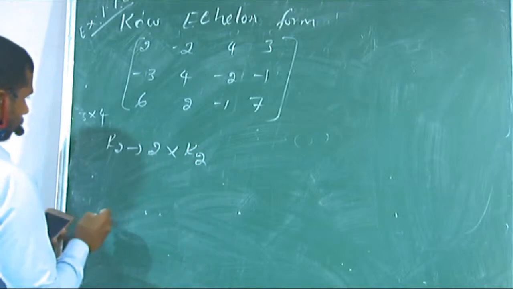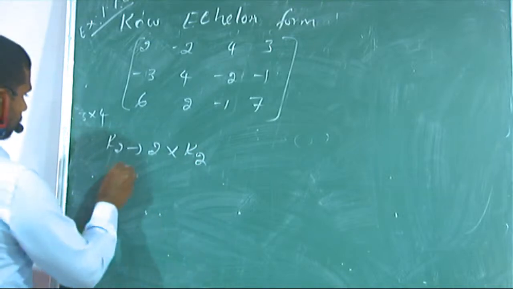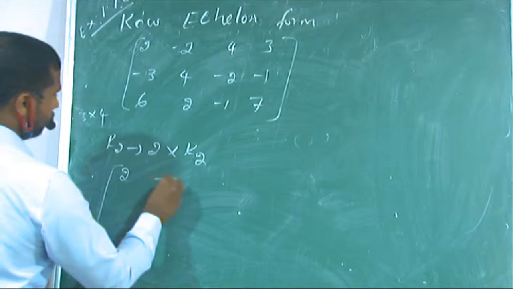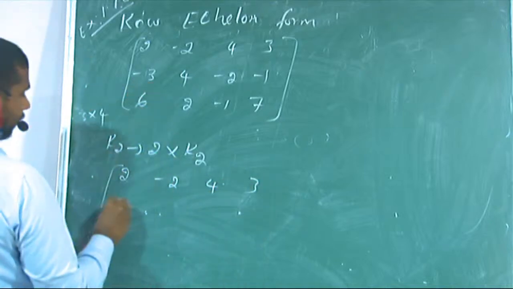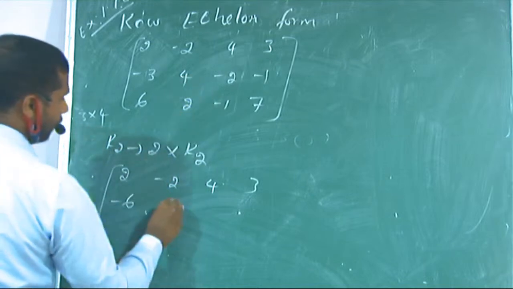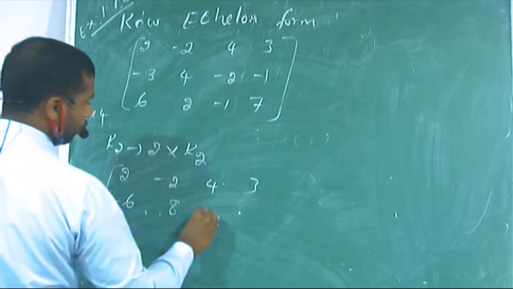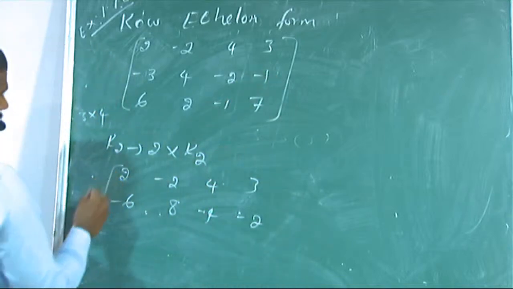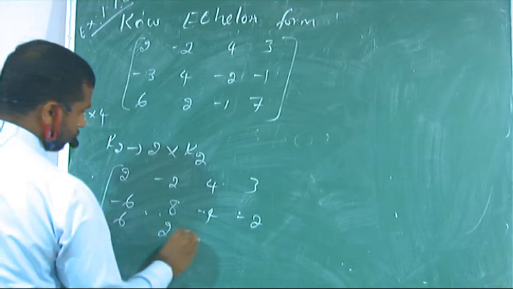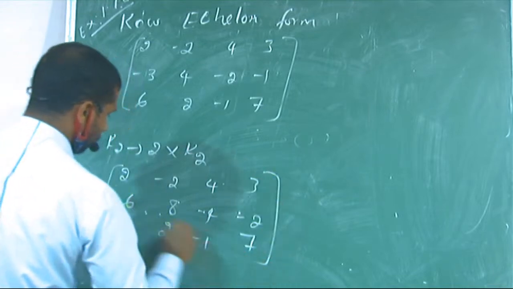So 2 into R2 means what will happen? 2 into R2 means R1 as it is, 2, minus 2, 4, 3. Multiply 2 into minus 3 means minus 6, 4 into 2 means 8, minus 2 into 2 means minus 4, minus 1 into 2 means minus 2. Row 3 as it is. What is row 3? 6, 2, minus 1, 7. Now it will be easy. Now compare with